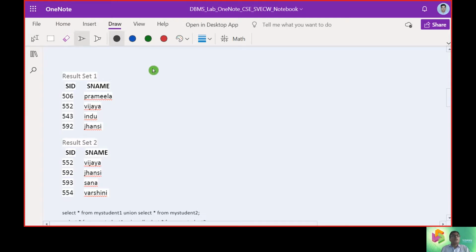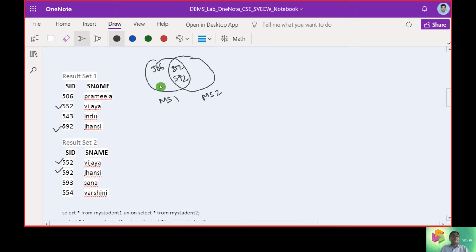So record set 1 is given. Now what will be the operation when we make a union at this point? We have 2 sets, my student 1 and my student 2. Then 552 and 552 are common here, so I can put them in the common area. Then 592 and 592 are common, so I can put these in the common area.